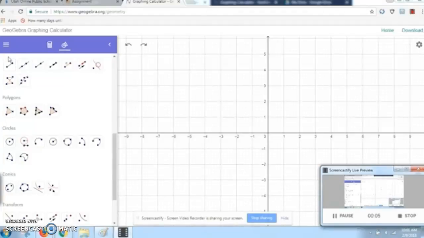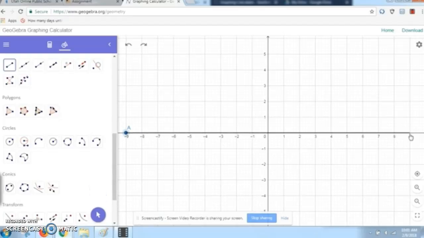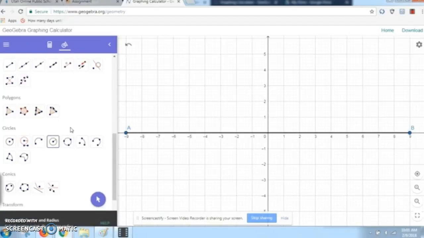I'm constructing a square and showing you how on screencast. So first thing you need to do is make a line. I'll just do from -9 to 9. Okay. Then you need to make a point